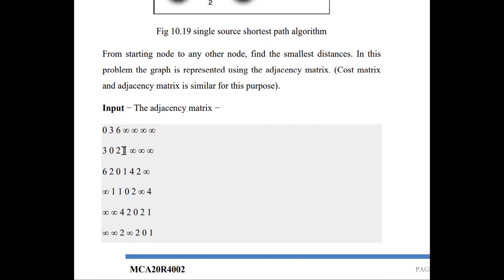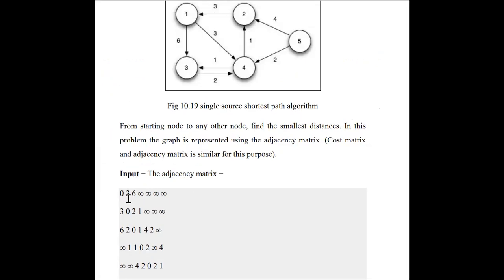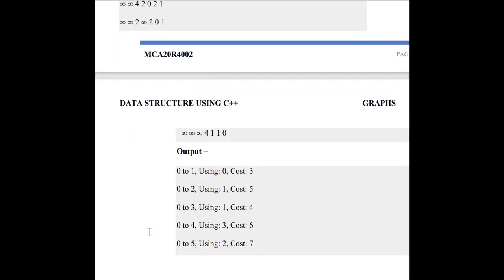In the matrix, that is the graph, we can consider the path of the corresponding starting node. If there is any distance along the path, we have to note the corresponding cost of the distance. Otherwise, if there is no directed edge from that node, we have to consider it as infinity. So this is the input of the statement in adjacency matrix.